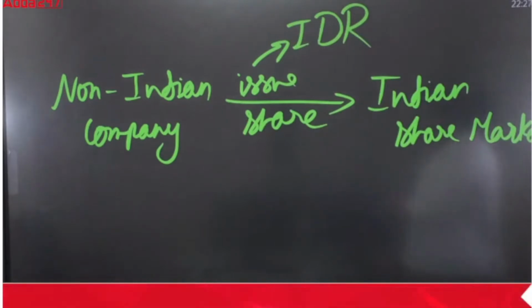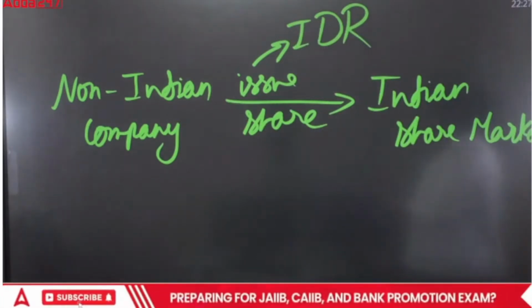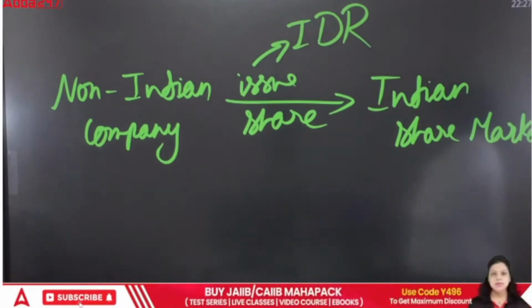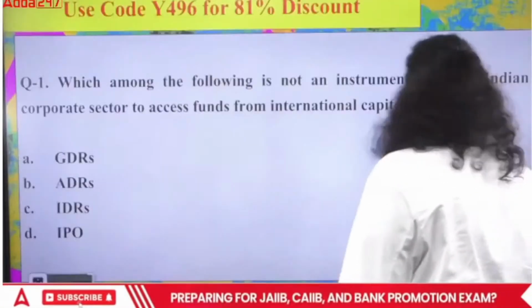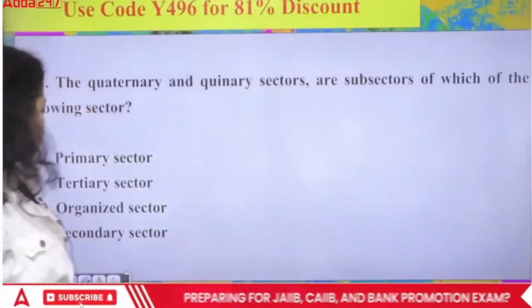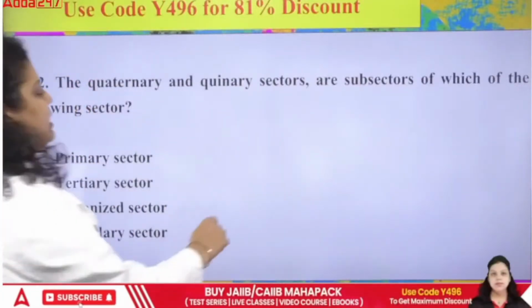What does IDR stand for? Indian Depository Receipt. It is known as Indian Depository Receipt. Okay, so this is the detail about all the options we have taken in the first question. Now, second question. The second question is talking about the quaternary and quinary sectors being subsectors of which of the following